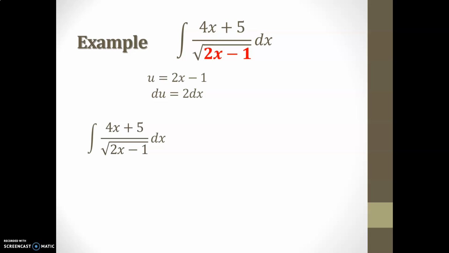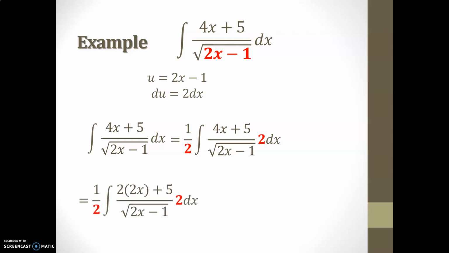Once more, there is no 2 with the dx in the original integral. So we'll create one by multiplying by 2 inside and dividing by 2 outside. At the numerator, we have 4x, which is 2 times 2x. The reason why I'm going through this process is that although 2x minus 1 fits with u, it's the choice we've made to be the u, and although 2 dx corresponds to the du we're trying to accomplish, we have